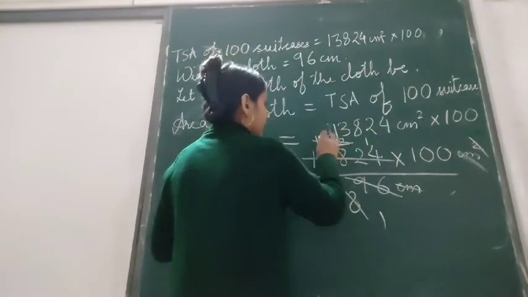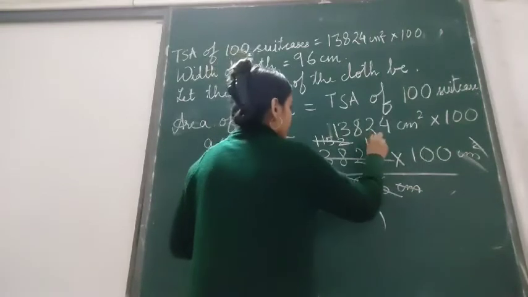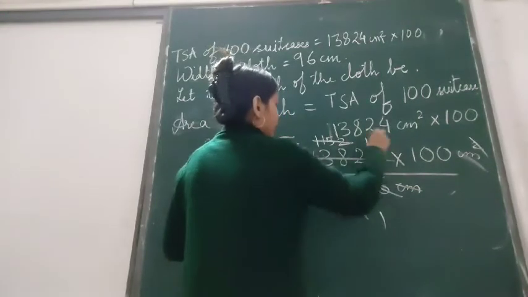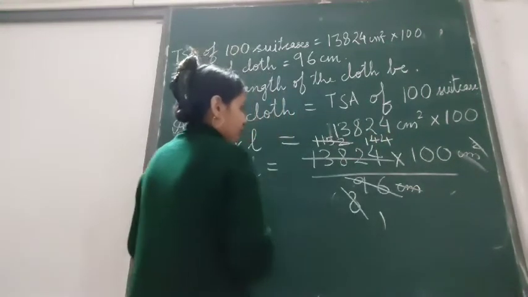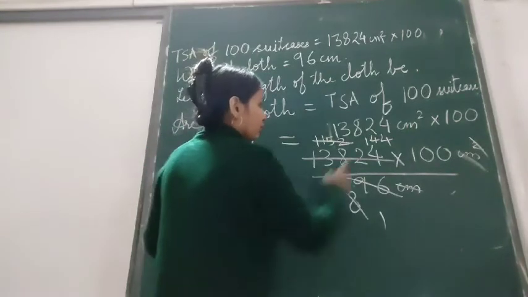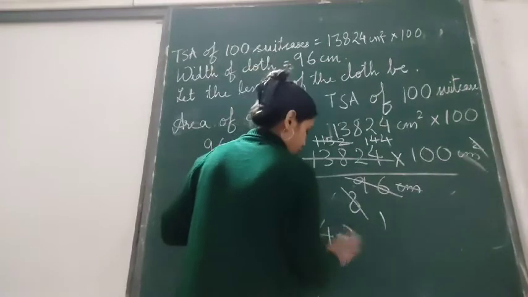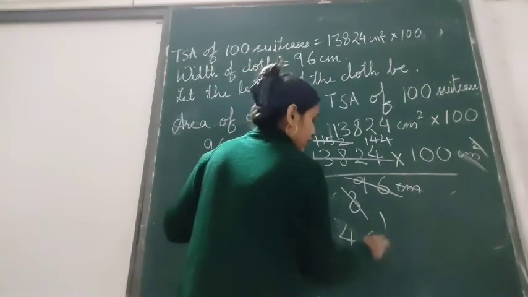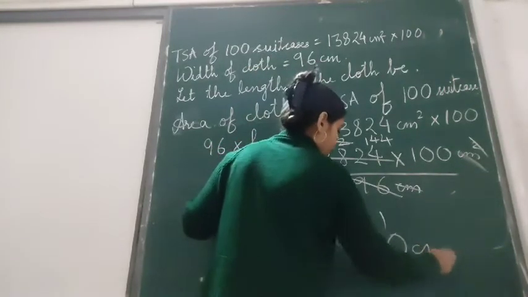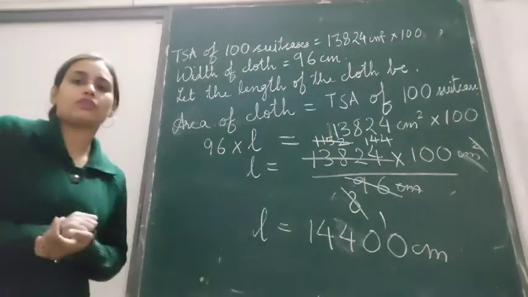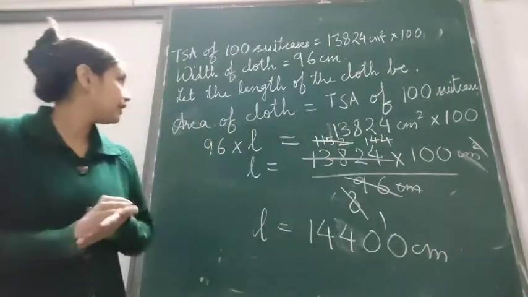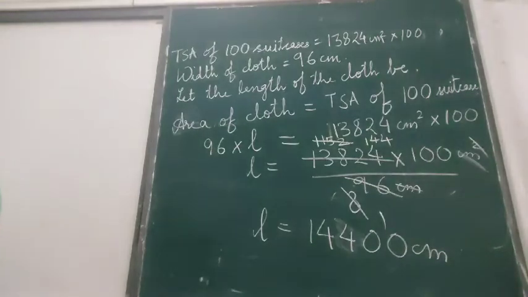8 ones are 8, 8 fours are 32. So length is equal to 144 into 100, that is 14400 centimeters. So this is the length of the cloth which will be needed. Okay, so this completes